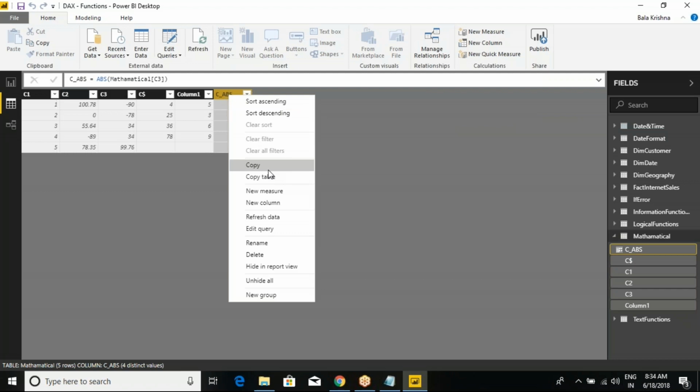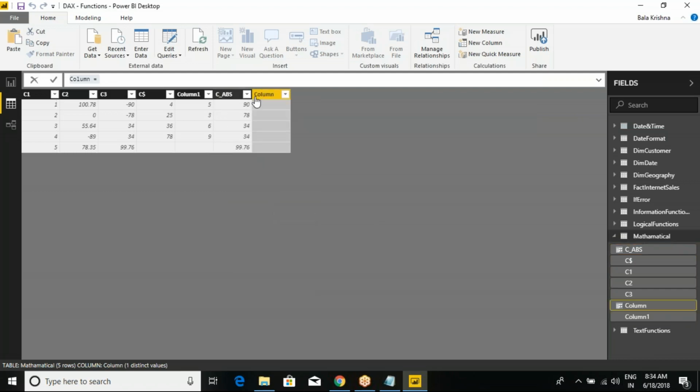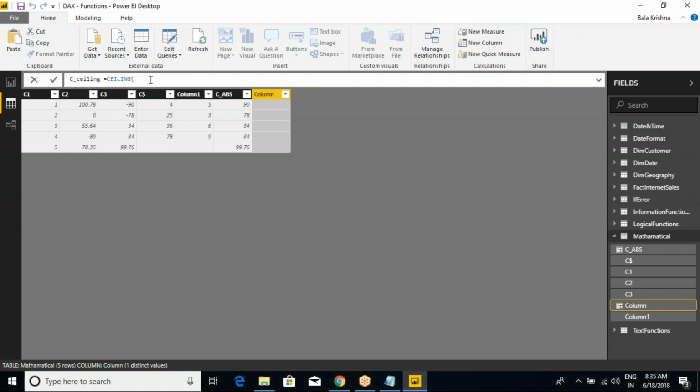If you have any questions, let me know. I'm taking any one of the columns, maybe your column number C2. C underscore ceiling equals CEILING, the number comma significance, rounds a number up. Clearly, each and every function has a clear description: rounds a number up to the nearest integer or to the nearest unit of significance. For example, like I'm giving as a